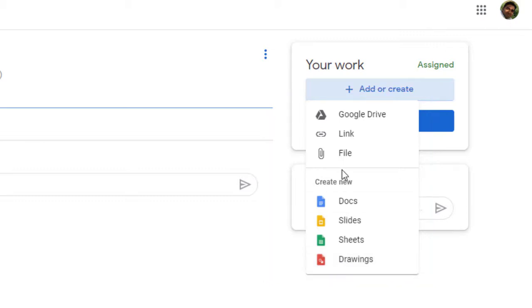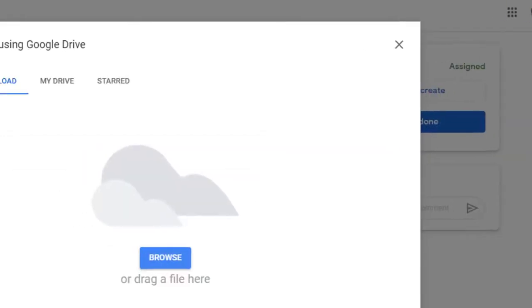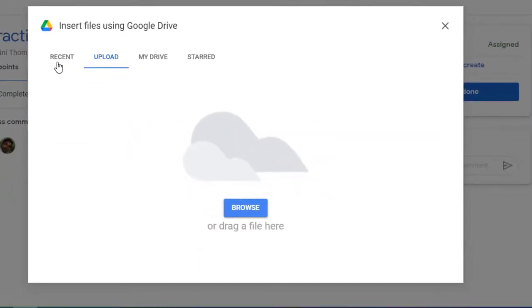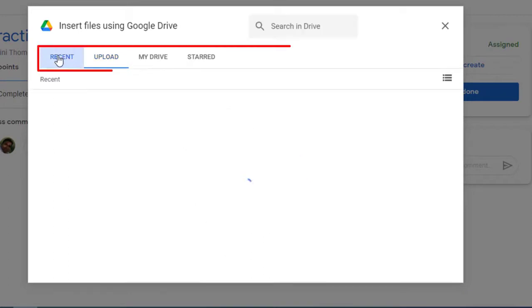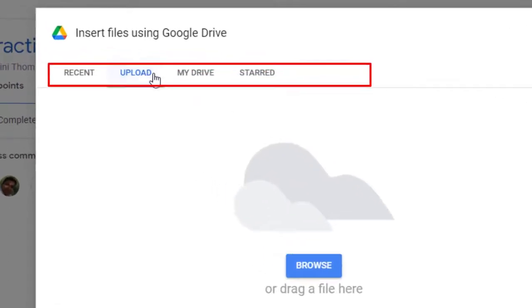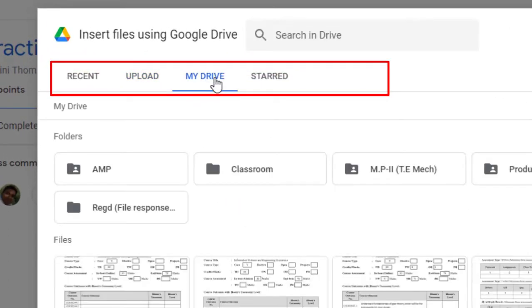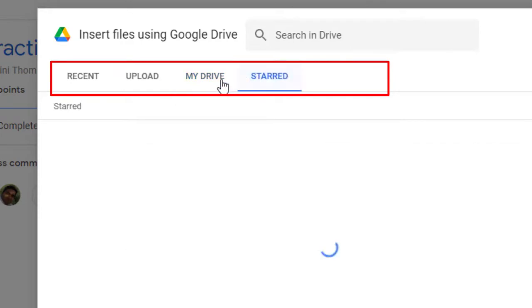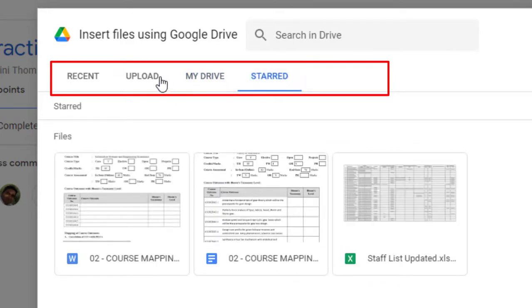For example, I want to upload a file, so just click on the file button. Here different options are available, whether you want to upload a recent file or a new file. If you want to upload information which is available on My Drive, you can also do it, or you can share starred information also.